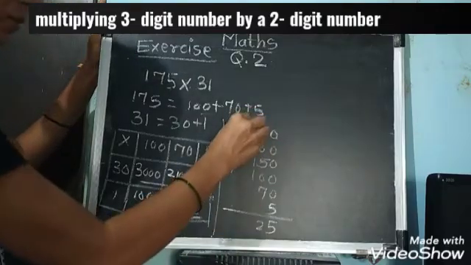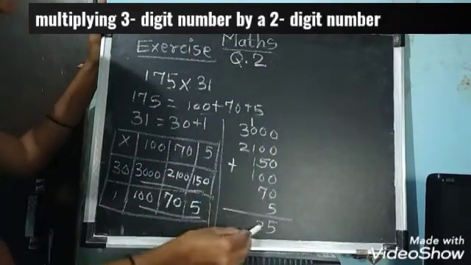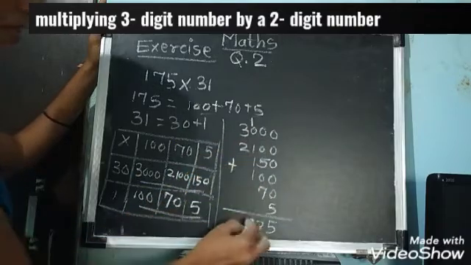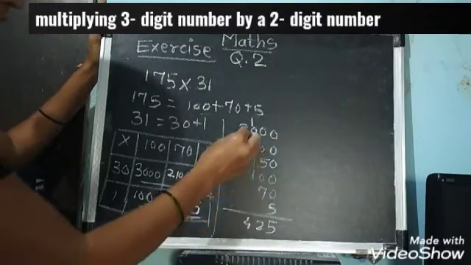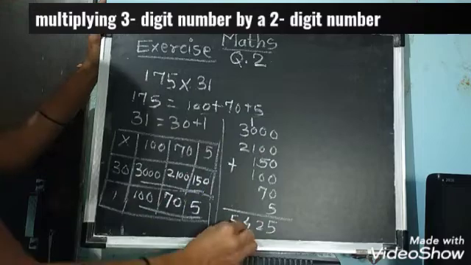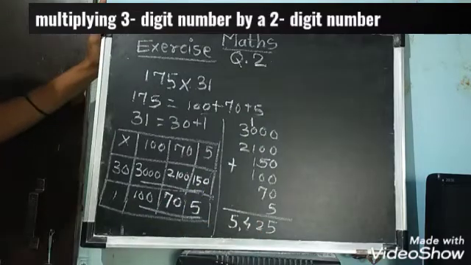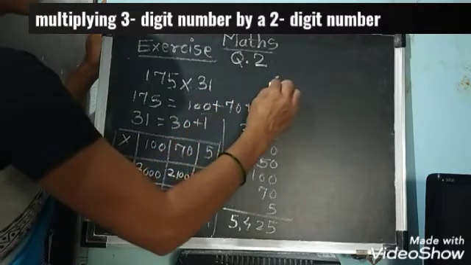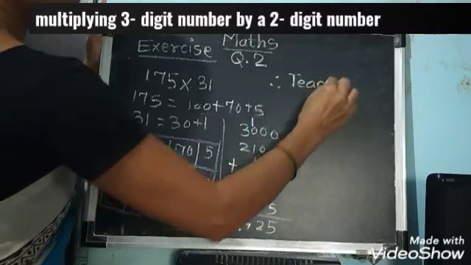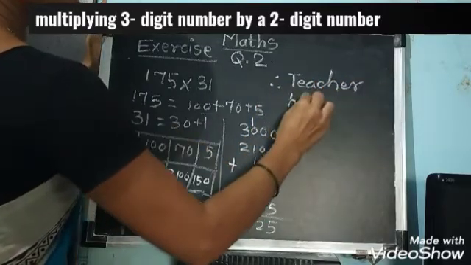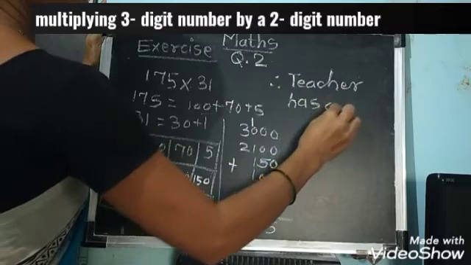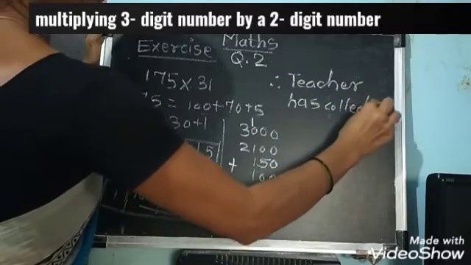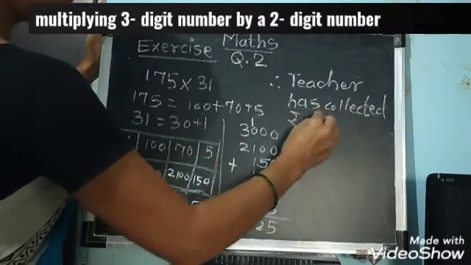Give 1, carrying over. 1 plus 1 plus 1 plus 1, 4. 3 plus 2, 5. So how much money has the teacher collected? Yes, the teacher has collected 5,425 rupees. Therefore, the teacher has collected rupees